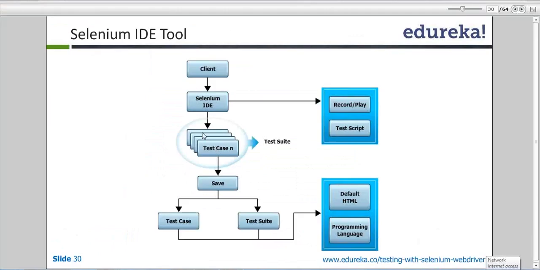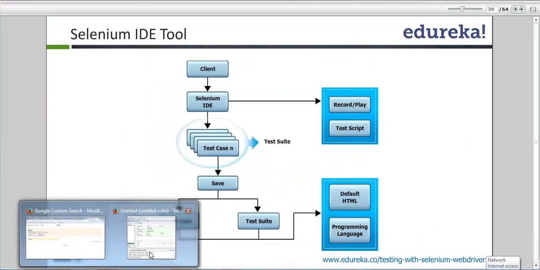Similarly, if I create multiple scripts, I have an option to run them in a bunch. That is called a test suite. I can save it on my local system. So I have each test case, and I can run them in a bunch also. In one application you might have 1000 test scripts, so you don't need to run them one by one. You can run them all together. If you save each test case, it will be a default HTML. Even for a suite, you can save a bunch of HTML. But if you want, you can export it in different programming languages. I'll give you a quick